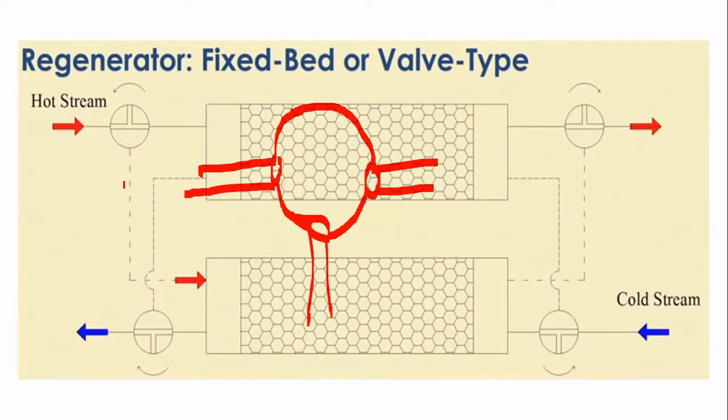Okay, now suppose that some fluid is coming in this direction. It has the option to go straight, or it has the option to go down, or it can go in both directions. So to control the direction of this flow, we are using this valve over here. Consider that this is the position of the valve. If this is the position of the valve, now the stream will be entering like this. It will have two options. The first option is to go straight, and the second option is to go in the upward direction. But in the upward direction, it has no passage. So it is going to flow only in one direction, and that direction is straight. Is this part clear?